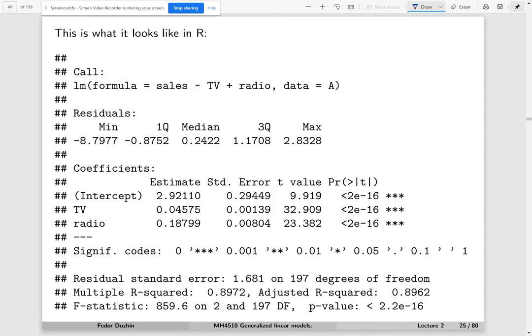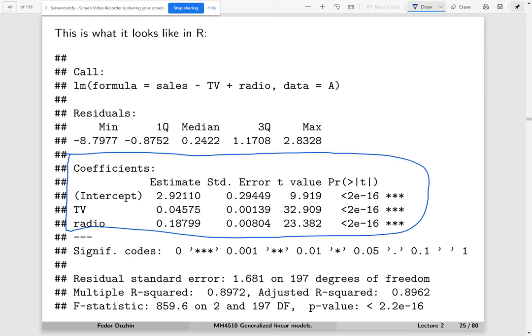So let us do it in R, and this is what it looks like in R. Let me explain what this means, right? So we have these coefficients. This is the summary function in R. So first I trained a linear model, and then I looked at the summary of this linear model. Now, it means the following. It means that if I believe that the true model is linear, that sales depends on TV and radio budgets in a linear manner, then